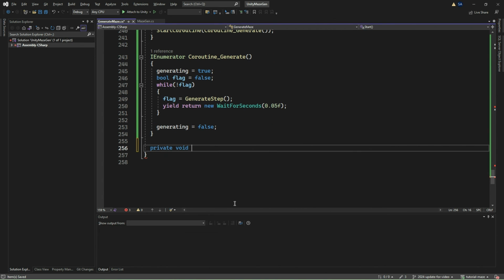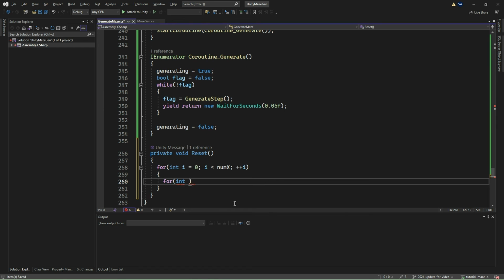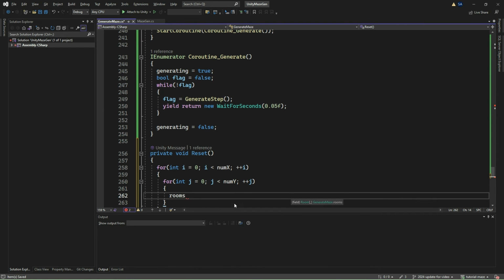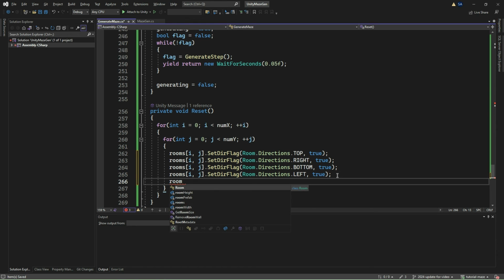We shall now implement the reset method. In this method, we iterate through the nested for loop and set the flags of all four walls, top, right, bottom, and left, to true, indicating that they are intact. Additionally, we also reset the visited flag of each room to false, indicating that the room has not been visited